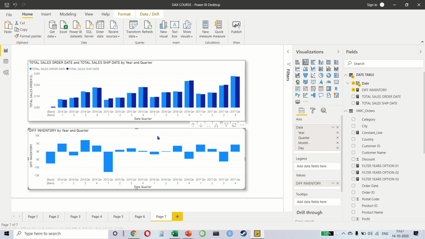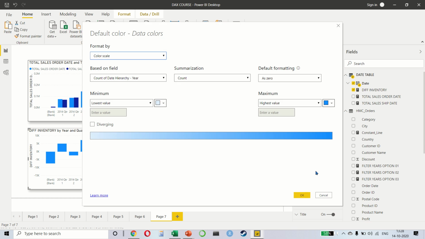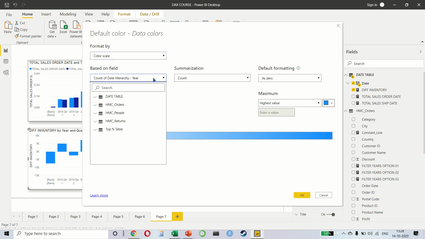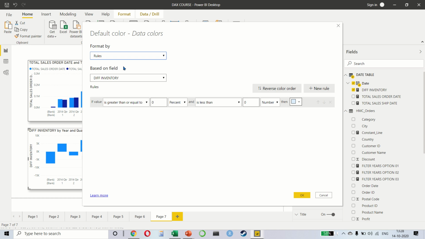Just a small tip. Whenever you do something like this, you might want to color red and green the numbers that are greater or lesser than 0. For this, you can go to Format, go to Data Color, and then click on this conditional formatting button. And very simply, we will say that the value is my difference inventory, and we want to write a rule, which means that if the value is greater than or equal to